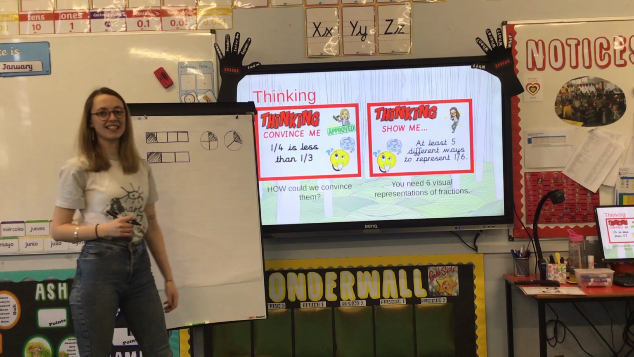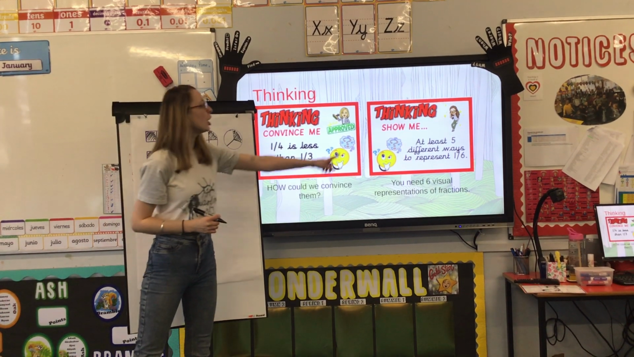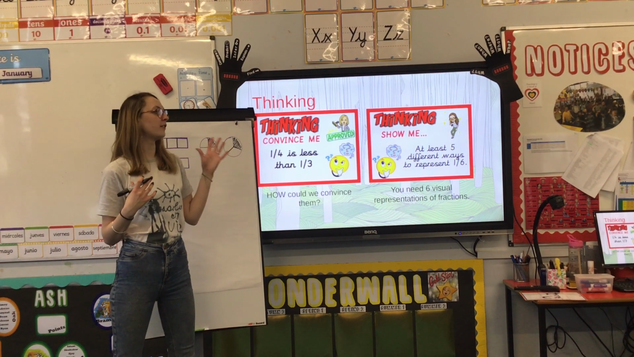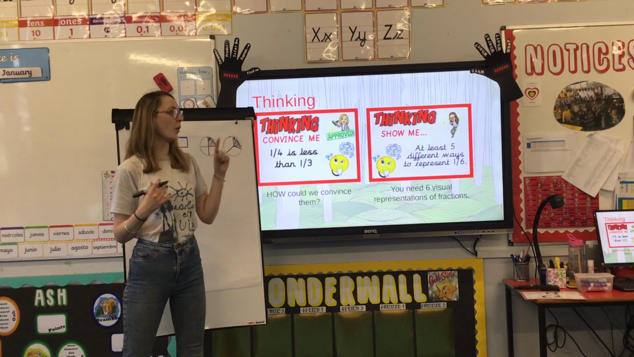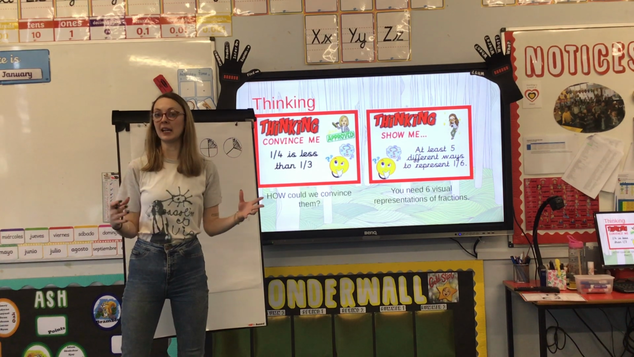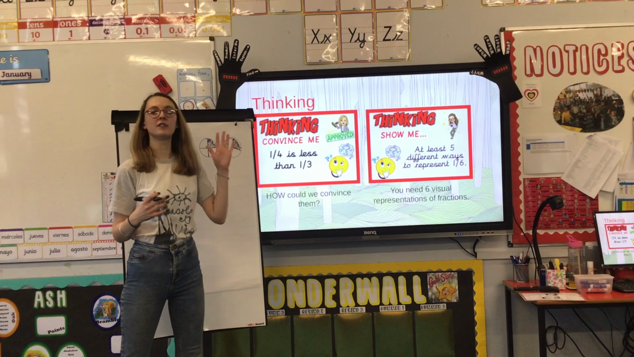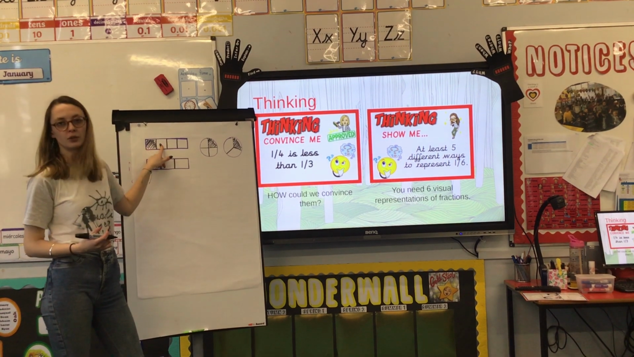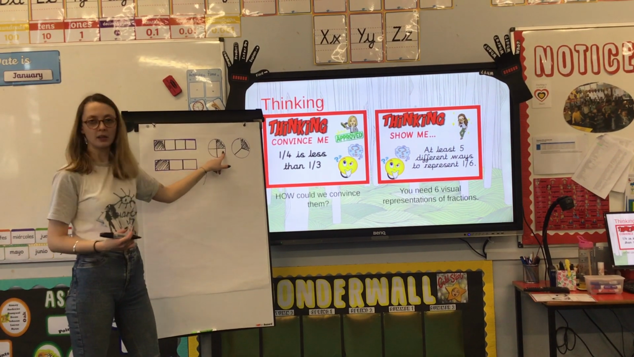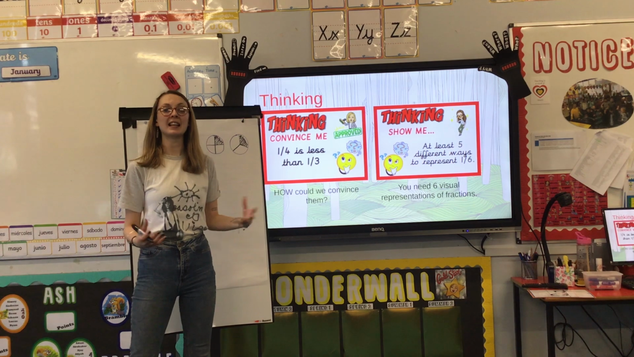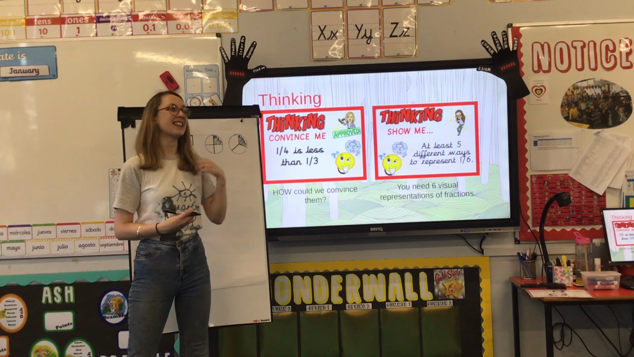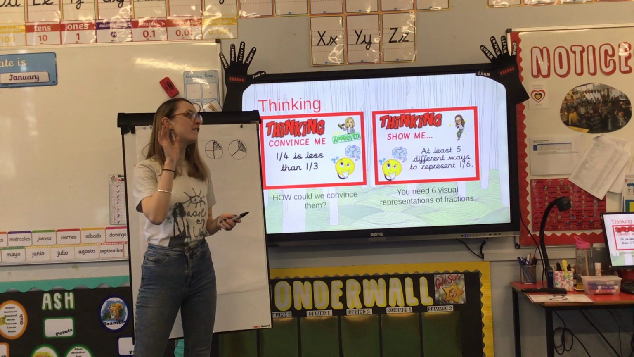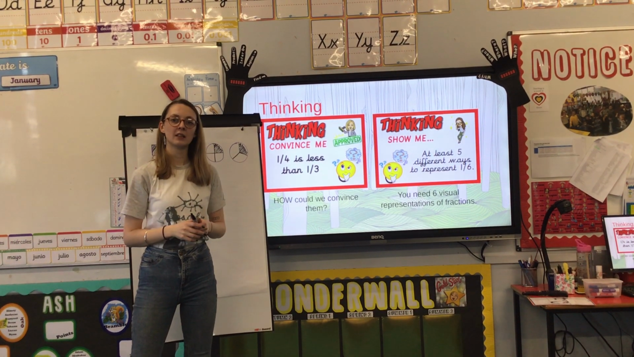Your second thinking task is show me at least 5 different ways to represent 1/6. Now that means you need to find 5 different ways of drawing diagrams. So this is one. You could draw a bar, you could draw a circle, you could draw it as arrays, you could draw it as stars, you could draw it as any shape you want, but I would like to see 5 different ways of